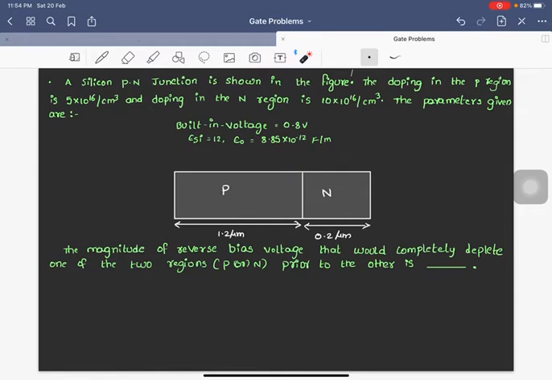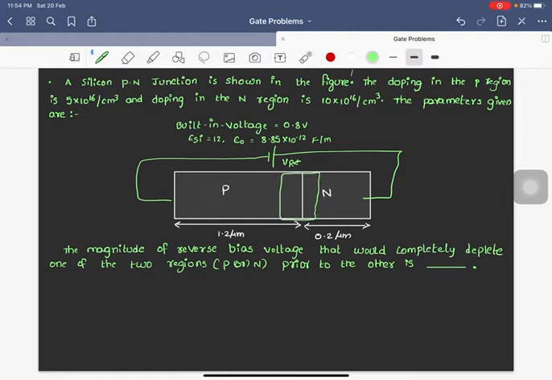So here is the semiconductor bar, PN junction bar. P width is 1.2 micrometer and the width of N is 0.2 micrometer. So here what we need to find is, suppose I apply a reverse bias, so since it is reverse bias, negative to P and positive to N. So this voltage we need to find such that the depletion layer,